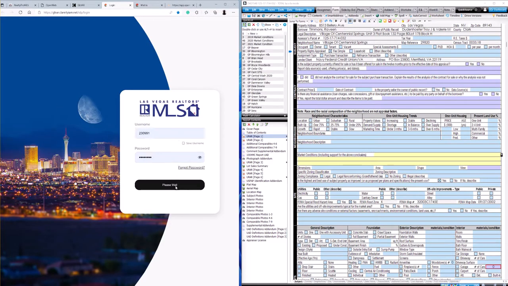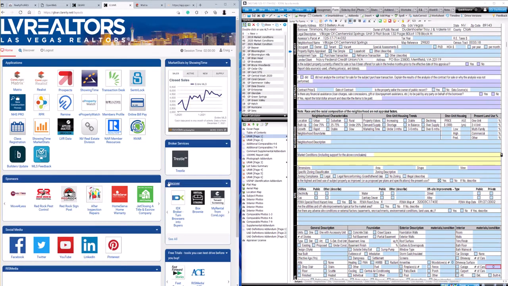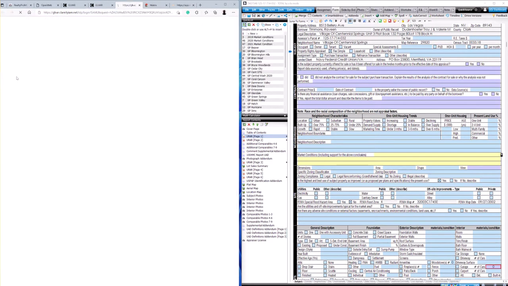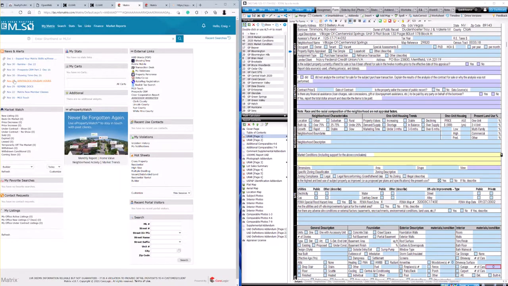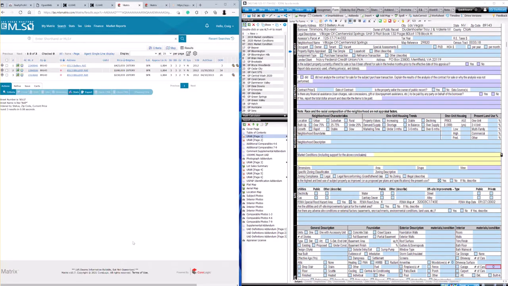So the first thing I'm going to do is log into my MLS system, which has been preset to upload data for Spark in this case. I'm looking to see if this property was listed for sale in the MLS. So I'm going to type in a portion of the street address and see what comes up. Okay, in this case it is here as a pending sale, and then I've got some historic sales that have